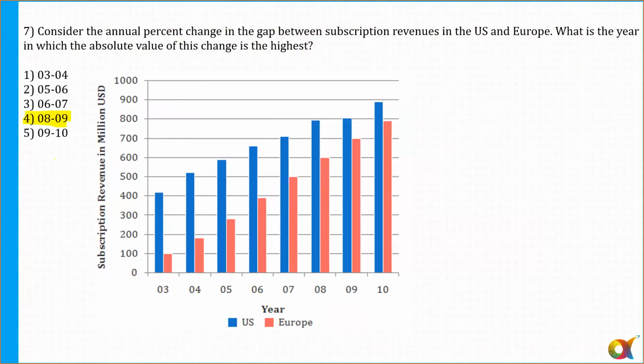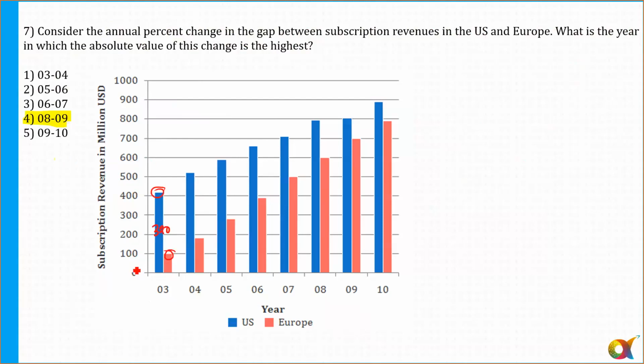So if I'm talking about 2003. So in the 2003, what is the gap between the US and the Europe? Here I need to find out this particular gap here. So here it is approximately, you can say 420 minus this one. That is approximately gap is of 320. Yes or no? The difference between these two is approximately 320 in this year.